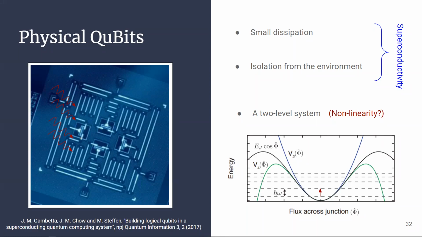So nonlinearity and anharmonicity are what we asked for. So superconducting Josephson junctions are perfect to use for qubits,